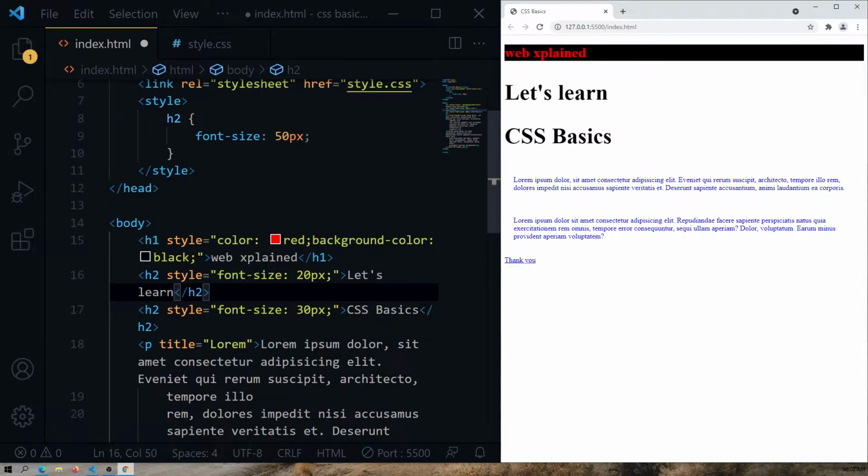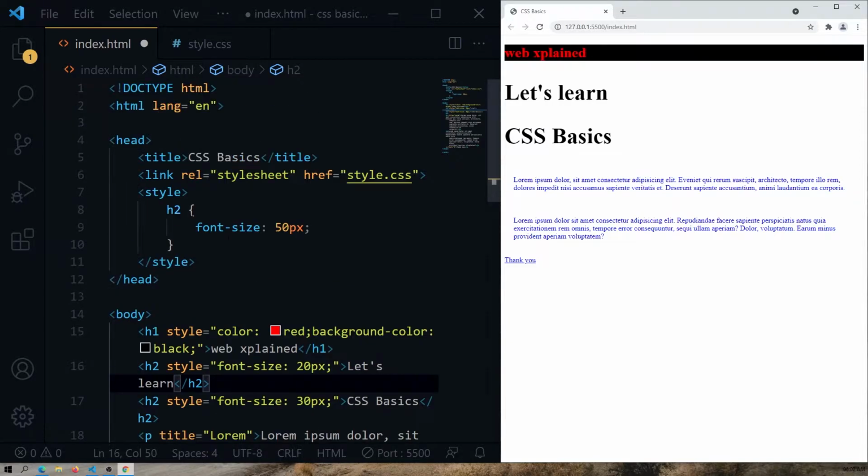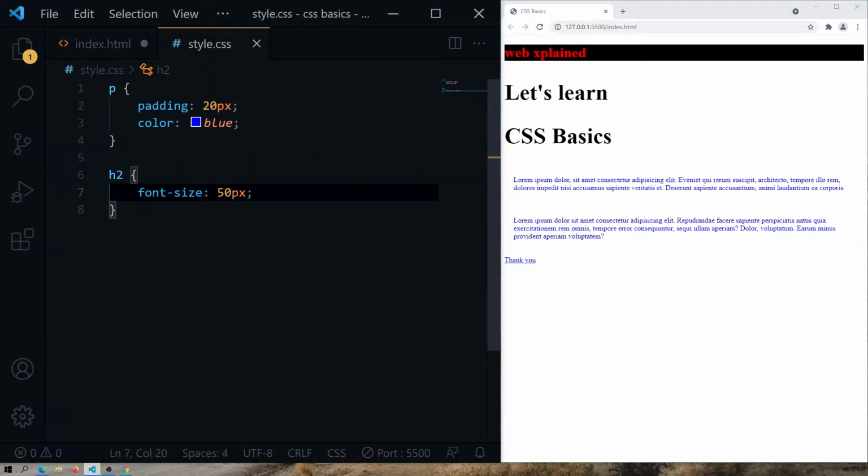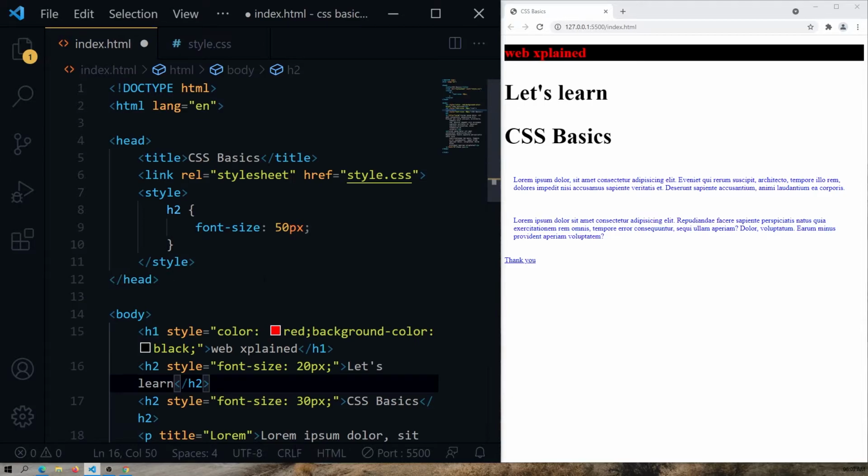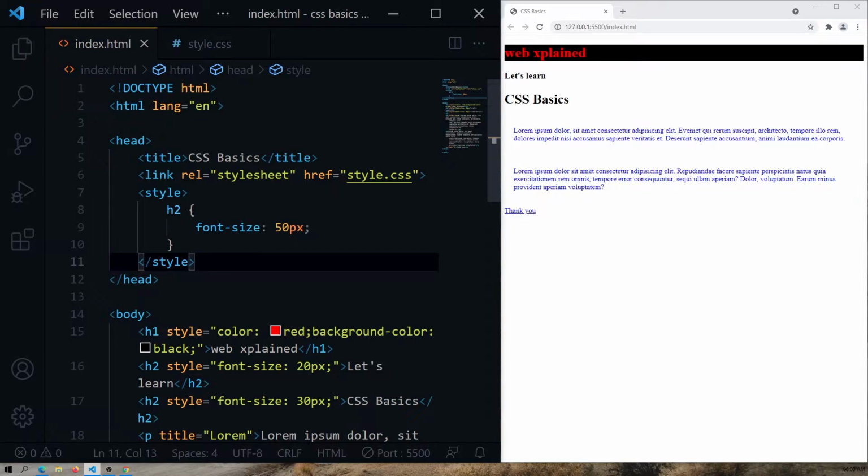For the h2 tag in our page, I have given style as inline, internal, and in an external file. So when I save the changes, you can see that inline has the most priority.